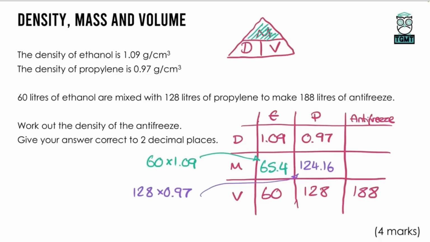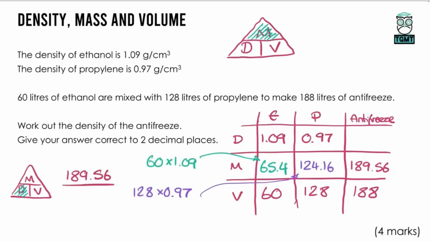Now we can add the masses together. If they're being combined, then their overall mass is just adding them together. So our total mass is 189.56. And then again, looking at our density formula, density is equal to mass divided by volume. So to find the density, we'll do the mass divided by the volume, and that's going to finish this off, which is